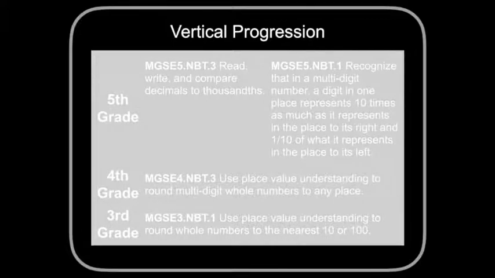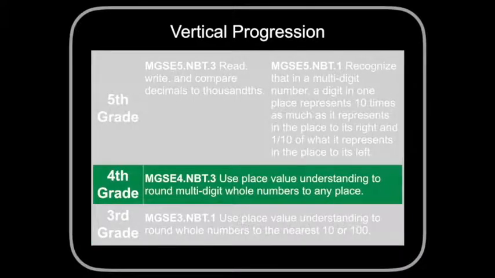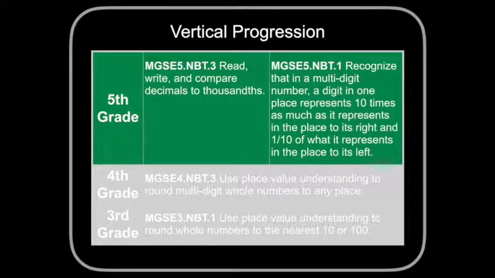The idea of rounding numbers based on these understandings actually begins in third grade, where students round whole numbers to the nearest 10 and 100. In fourth grade, students use place value understanding to extend this idea to round whole numbers to any place. And finally, in fifth grade, students build on their fourth grade experiences with rounding and use their understanding of decimal notation and the relationships of the digits in each place value position to make sense of rounding decimals to any